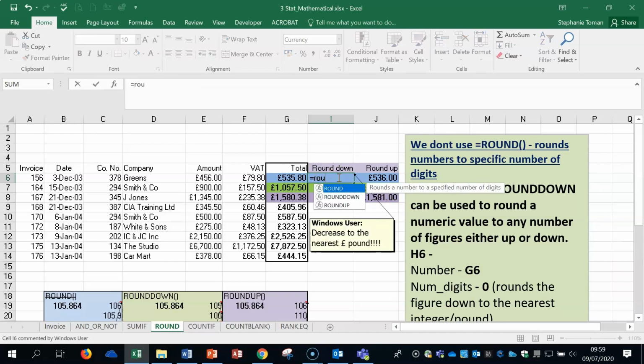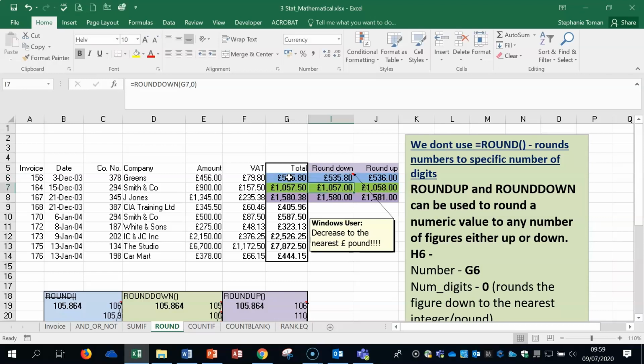Type in round, double click on the round down, click on the cell it's referring to. And then what it's asking is by how many digits? Do you want to round it to a 0, round it to a 1, round it to a 2? So if we did it as a 1 and close the brackets and entered,